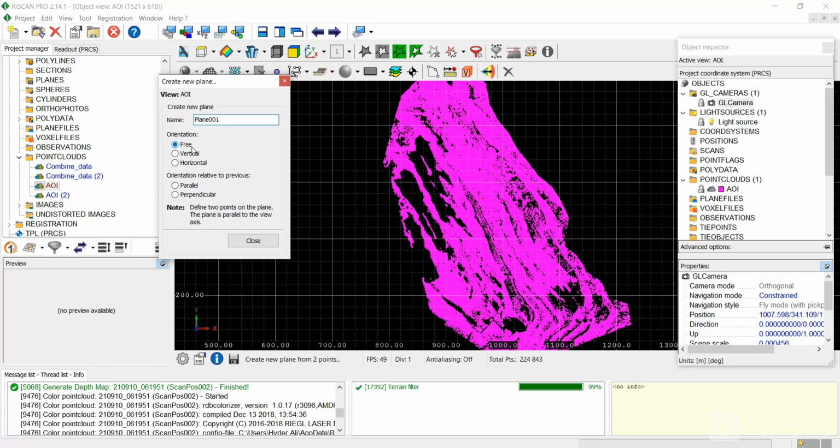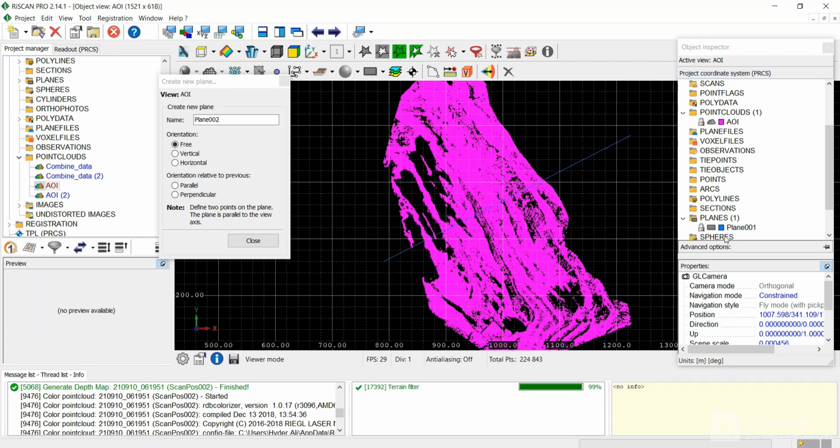Next, in the orientation option, click on free. When you create this plane, the orientation should be free. And now you have to create the plane by clicking on 2 points. Since this is an area of interest from an open cast mine, I have to make a plane such that it cuts the benches as perpendicular as possible. So I will click first here, and then I could click here also, but I will have to click in such a way that my plane, this is the top view of the plane, cuts the benches as perpendicular as possible. So I will click here, and you can see that the plane has been created,